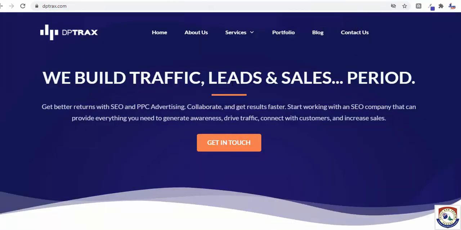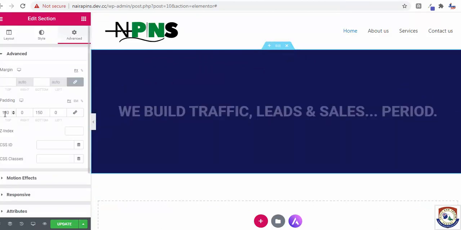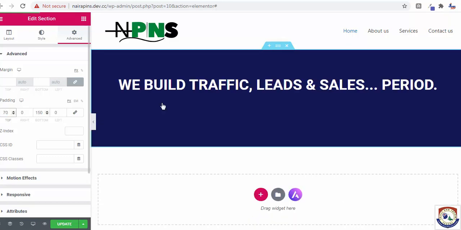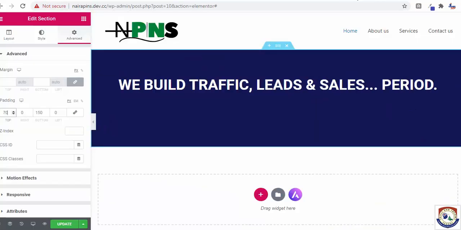Now you can see that in this aspect, there is little space up, and down there is much space. So you can do that. You go to the edit section again. Okay, this is the top. We want to maybe decrease the top to minus 70. Can you see? There is a little space up and the space down. So we have achieved this now. Now the next one is the divider. Make sure you always update your work so that you don't lose anything once anything goes wrong. You click on update.